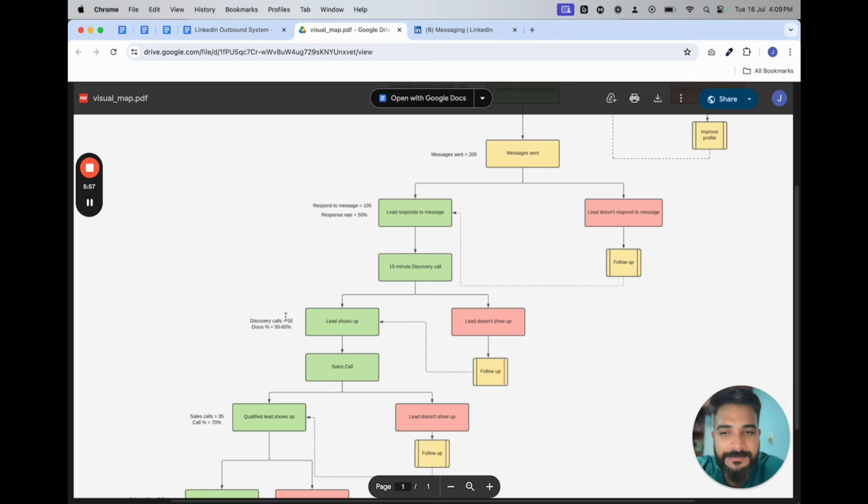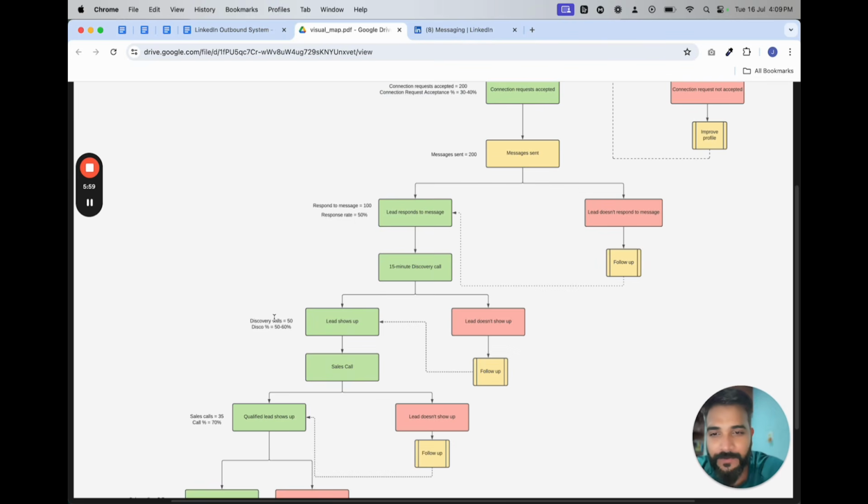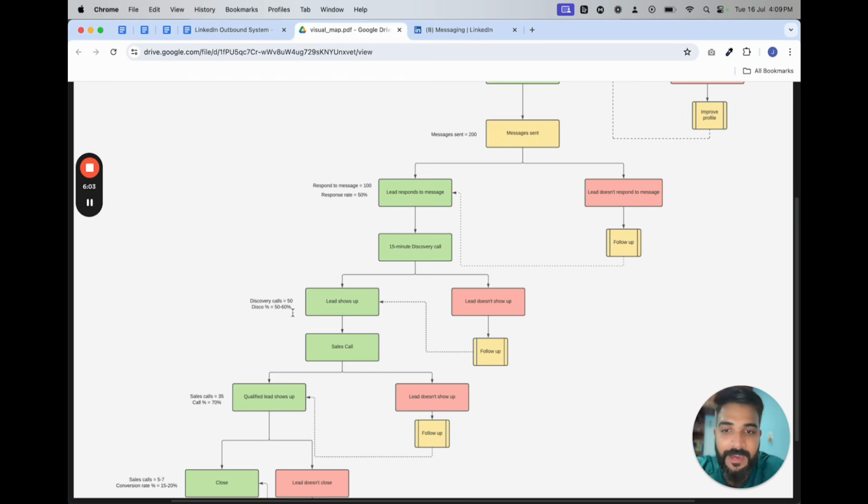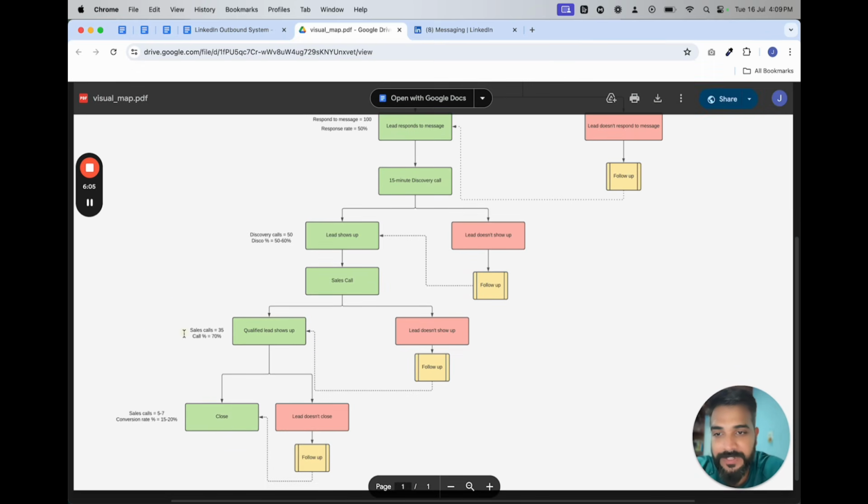If not, this can vary anywhere from 40 to 60. This many discovery calls happen. Out of these, if you can book around 35 sales calls, which is like 70% of this, and out of these 35, if you actually did 5 to 7 closes, you're good to go, right?